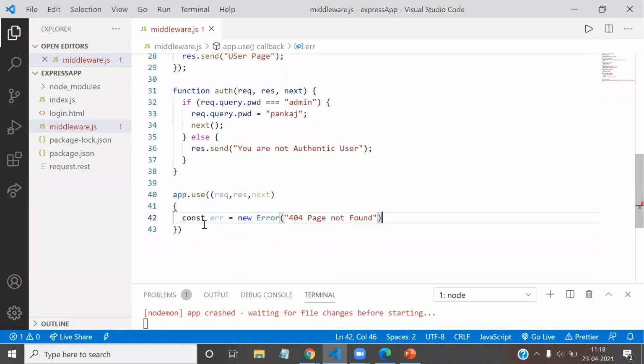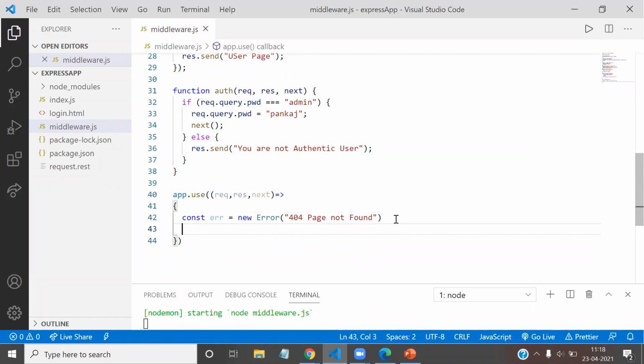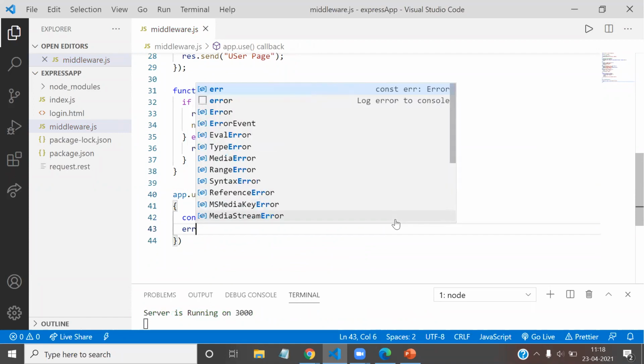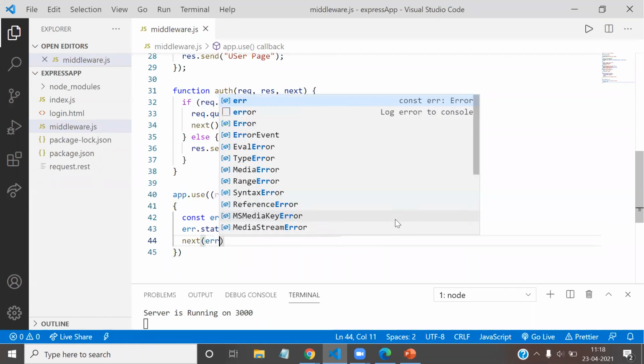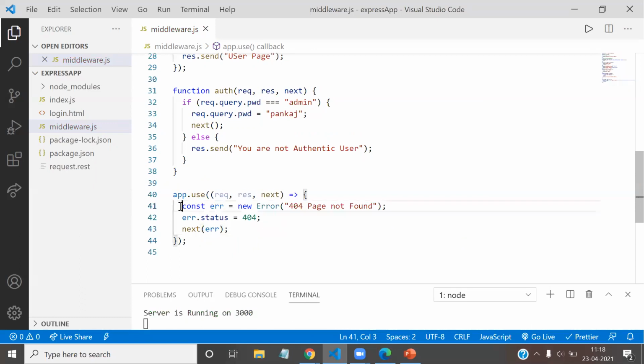Okay, just a minute. What is an arrow operator? Now, at that time, we are also setting the status code. So we can see that if the error is having the page not found, then error.statusCode will be equal to 404, and we are sending the error to the error handler middleware. We use next, and in the next, we are just passing the error. So here we are creating the error that the page is not found, and we are updating the status. We are creating the status with the 404, and we are sending this error to the error handler.